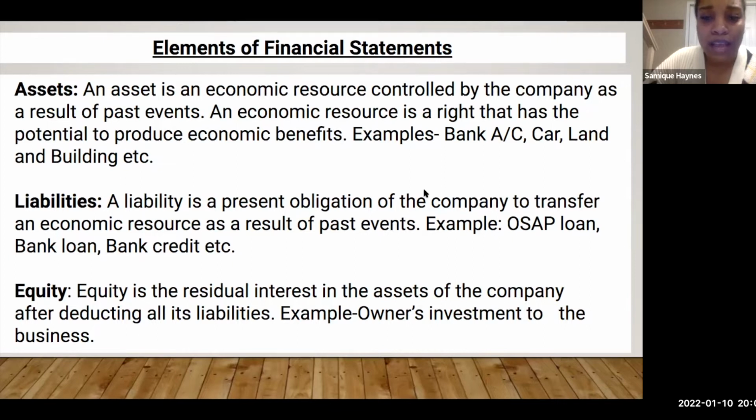What about equity? I explained that before. Anybody remembers what equity is? Company's value, assets minus liabilities. Yep, equity talks about what did the owner contribute to the business. So owner's contributions are considered to be equity. Okay, and also if the business makes a profit, any kind of net income, your sales less your expenses, that profit is also going to be part of equity. It's called retained earnings. The profit that we decide to reinvest in our business is called retained earnings.